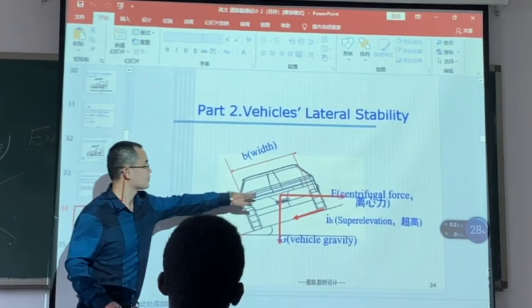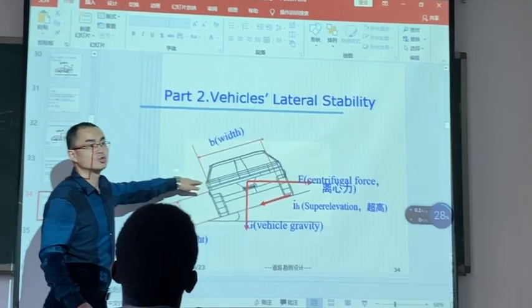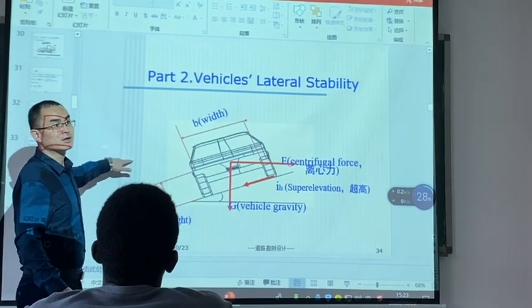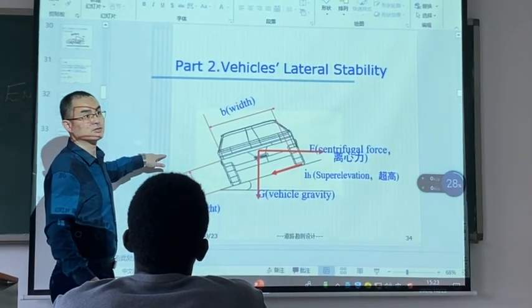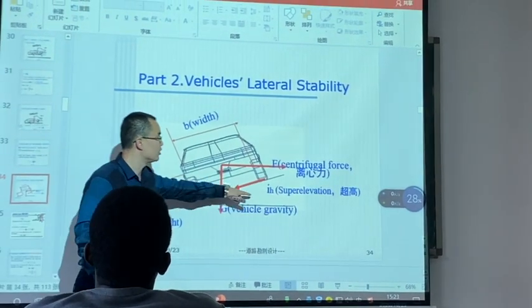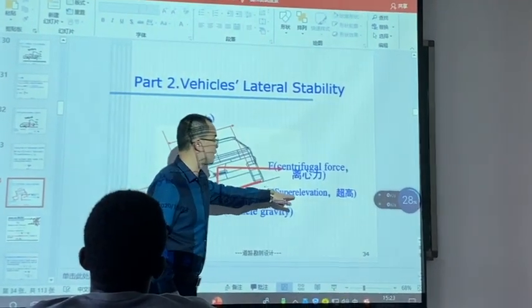You need a force pointed to the center of the circular curve. Need that force. If no superelevation,